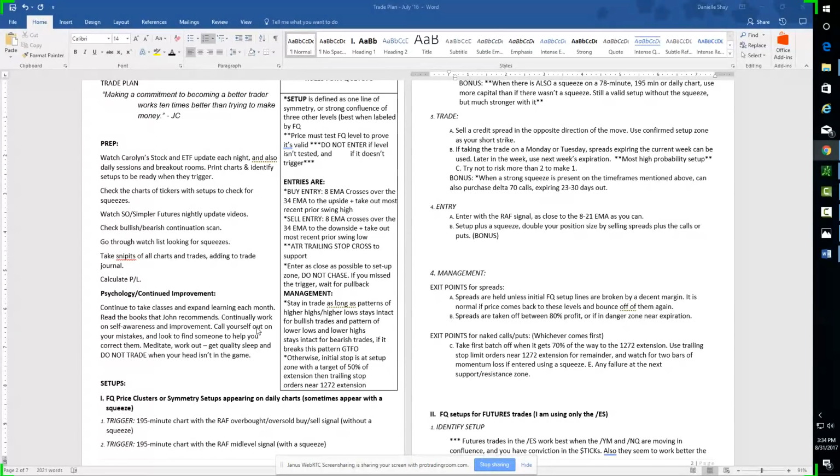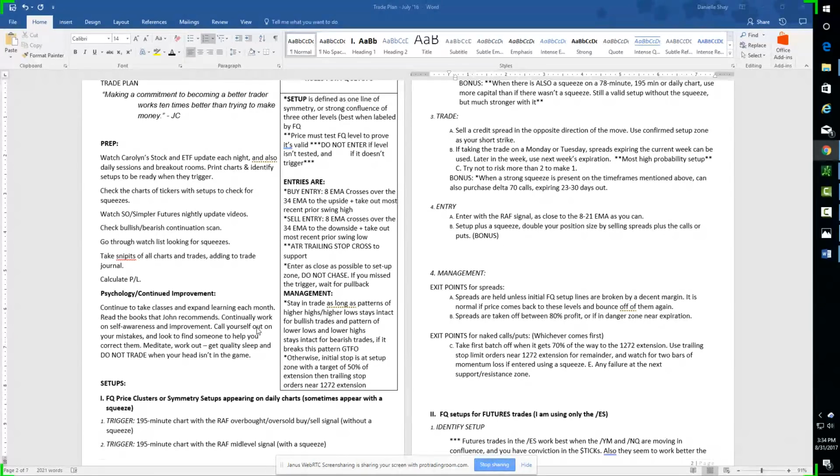Okay, great. So I have been getting a lot of questions about how I trade, how to write a trading plan, how other people should write their trading plan. Really just a lot of questions involving trading plans. And we always say here at Simpler Trading, you absolutely have to have a trading plan, and it's one of the best ways to be successful.